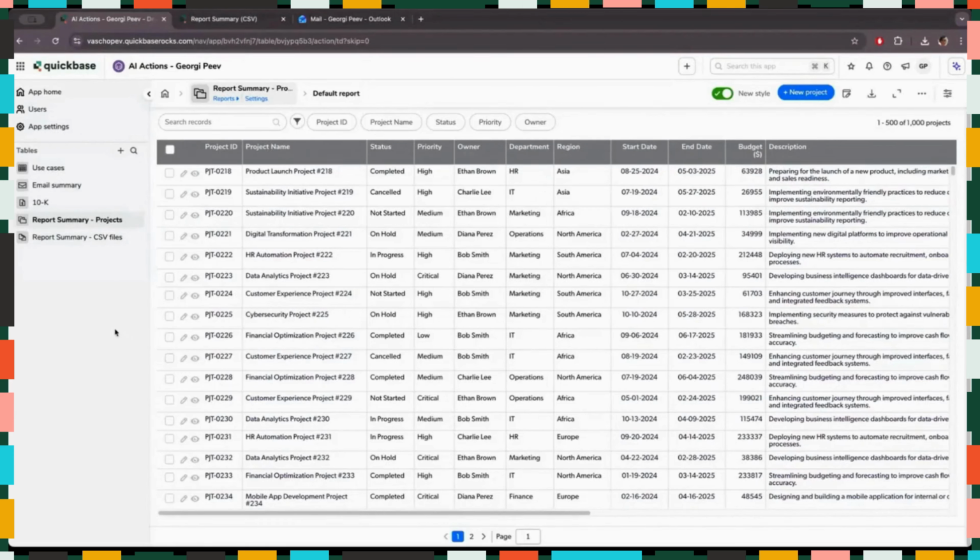Over here with another cool demo of how we can leverage AI actions and AI in your workflows. So the use case that I have today is summarizing a Quickbase report and sending kind of like a weekly summary